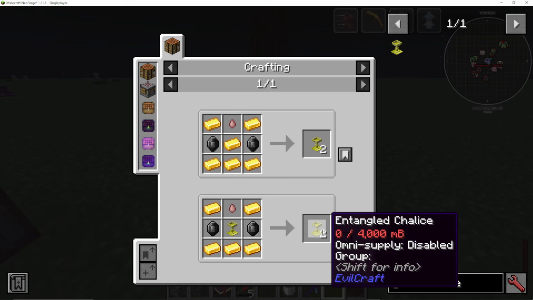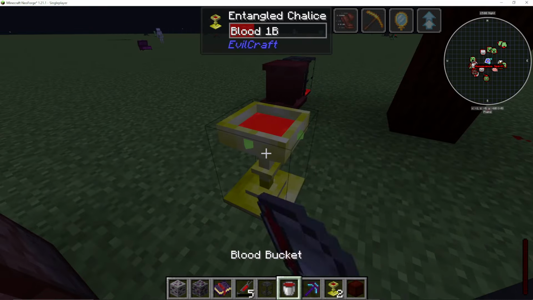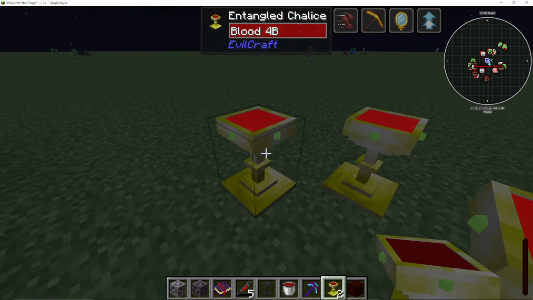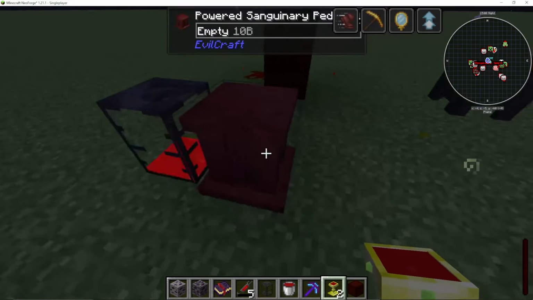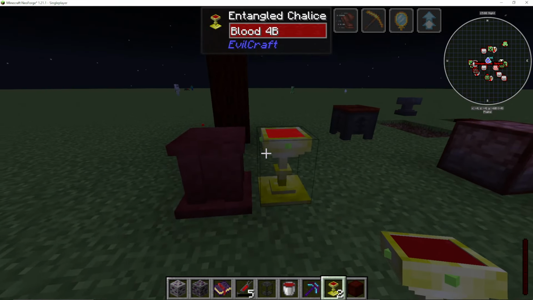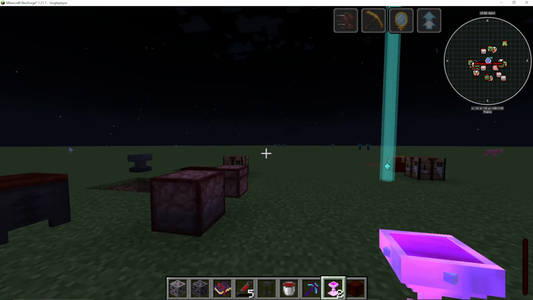Now, the blood is actually split amongst all of them. So when I place this one down and fill it with 2, 3, or 4 buckets, and then place more of them down, can you see they've all got 4 buckets? Meaning, if you had one, say, next to your powered Sanguini pedestal, and it's filling, the chalice in your inventory will also be full. And you can shift right click to enable it, as you can see here, where it